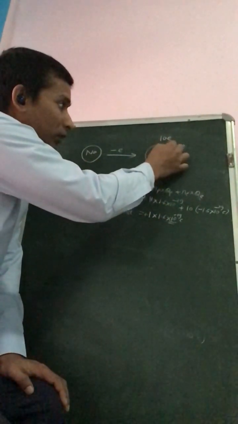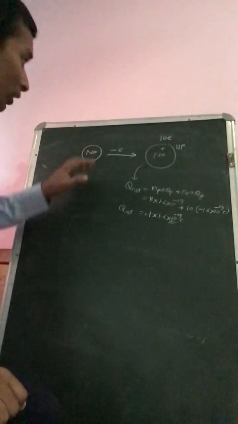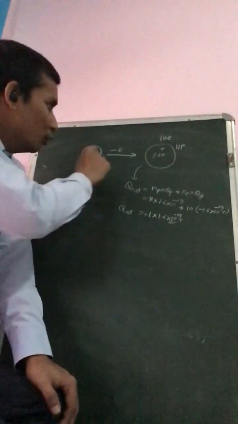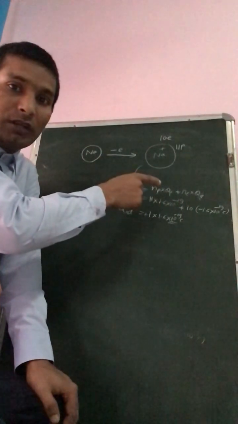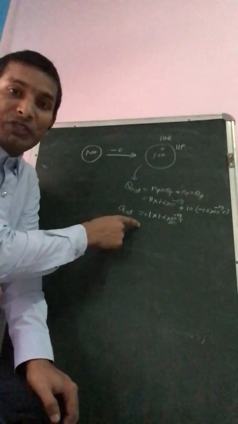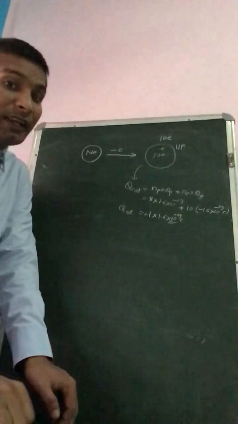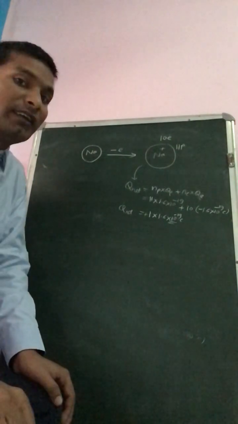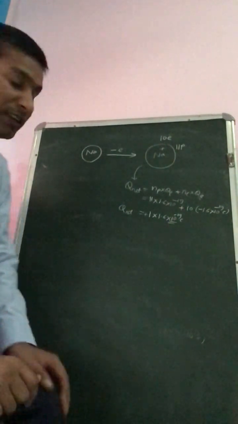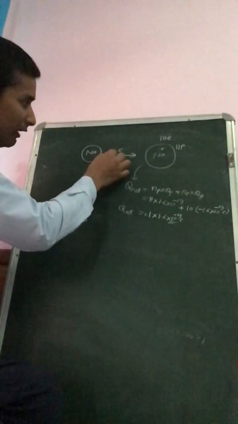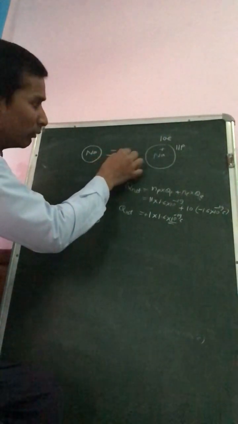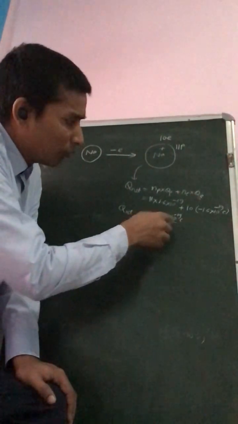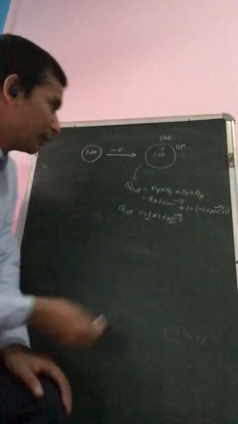So 1 positive, right? So we can conclude that if an object loses electrons, it will acquire positive charge, and similarly if an object gains electrons, it will acquire negative charge. Hope it is clear. And one more thing, if a sodium atom loses 1 electron, it has got 1 into 1.6 into 10 to the power minus 19 coulomb. Suppose